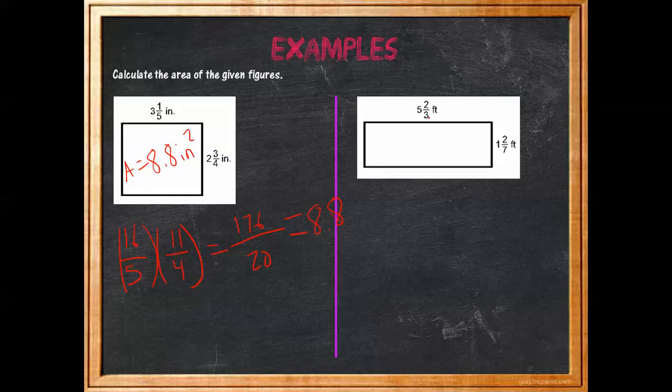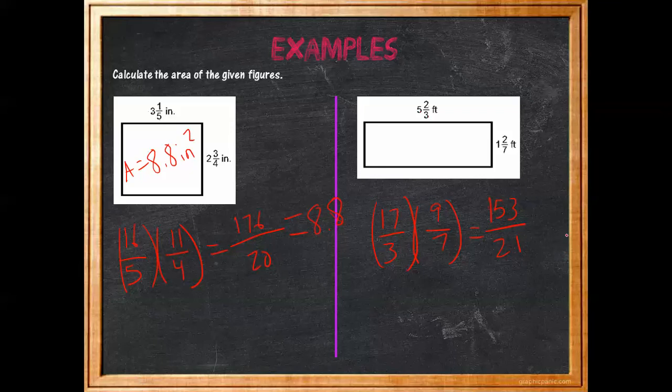Okay, same thing for this one. Turn them into improper fractions. 5 times 3 is 15, plus 2 is 17 over 3. We're going to multiply it times 1 times 7 is 7, plus 2 is 9. So we have 9 over 7. Now we're going to take 17 times 9. That's going to give us 153. We take 7 times 3, which is 21. Now if we take 153 divided by 21, we get